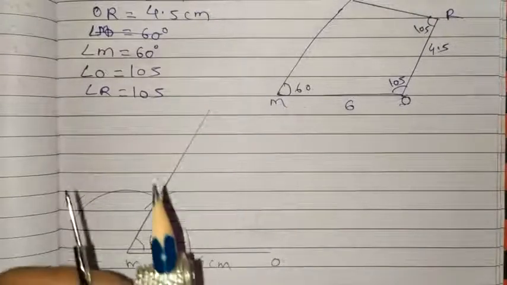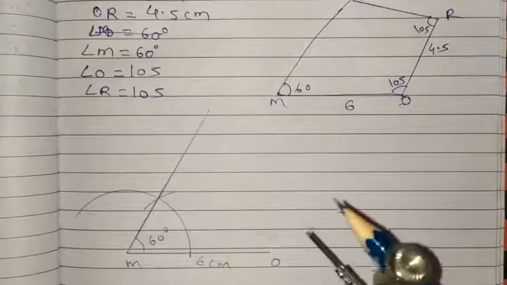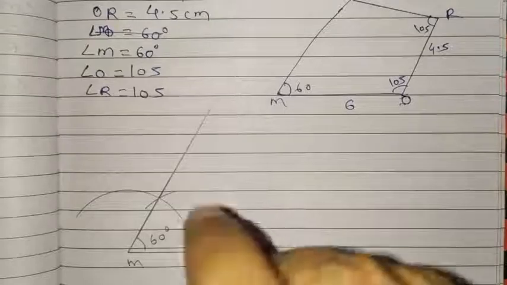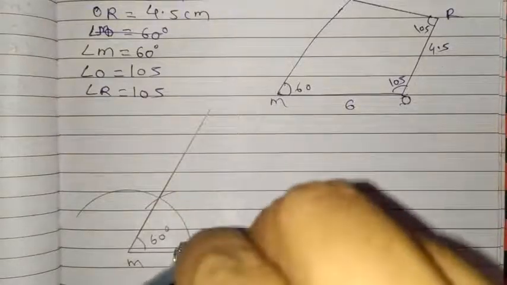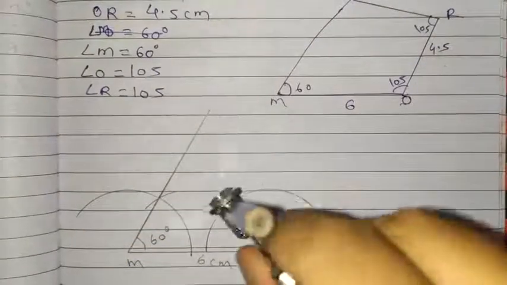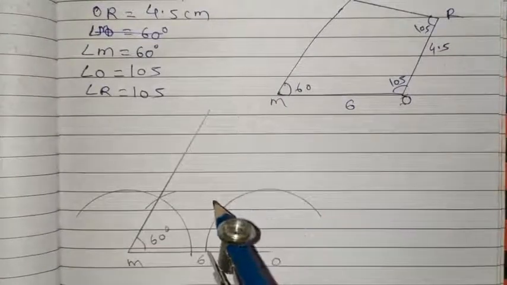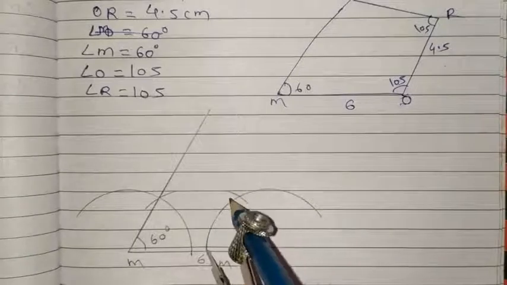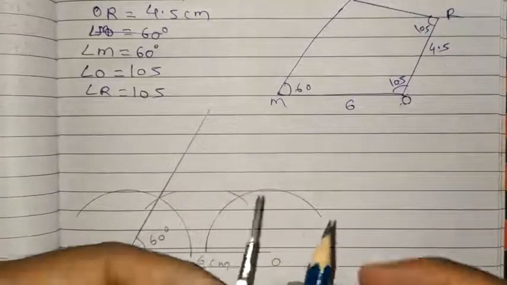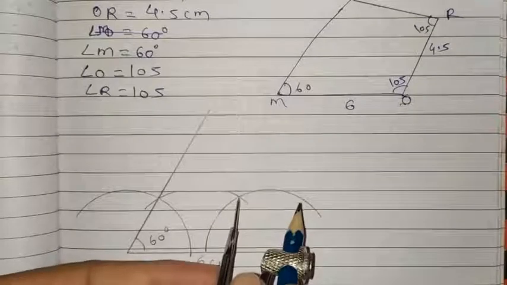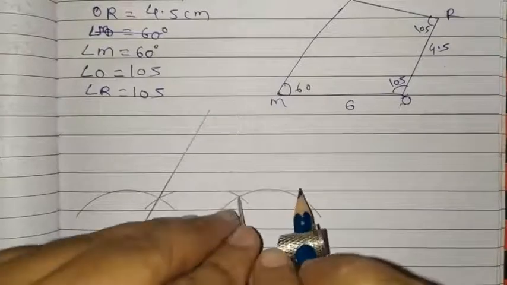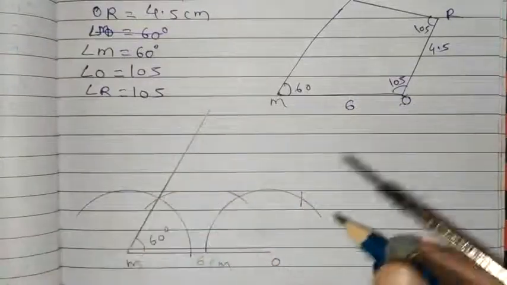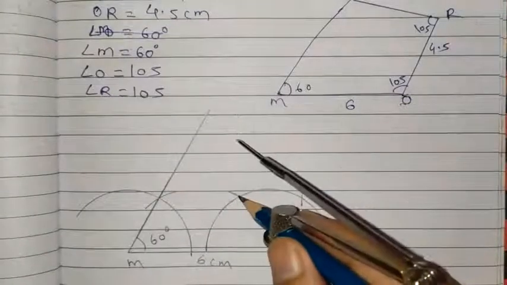So here you have to see carefully. Then you have to do the same process and do the angle 60 first. Take the pointer on O and make the biggest arc so that we will get 60 degree and 120. So this first arc is 60, and take your pointer on this intersection and make the next arc. Don't change the distance of the compass, that is very important. So this is 120 and this is 60.